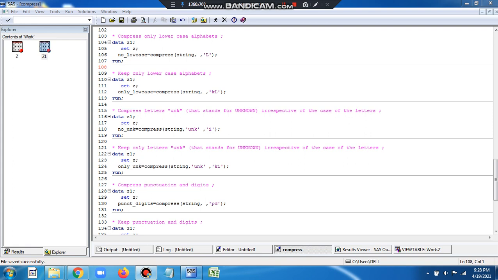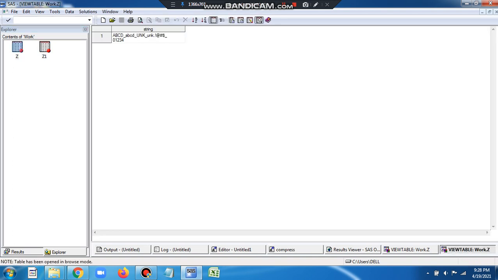So here we will see how to compress or remove only lowercase alphabets. In the string that we already have, we can see we have uppercase and lowercase alphabets, and we want to remove only the lowercase alphabets. So we would like to remove a, b, c, d, u, n, k.